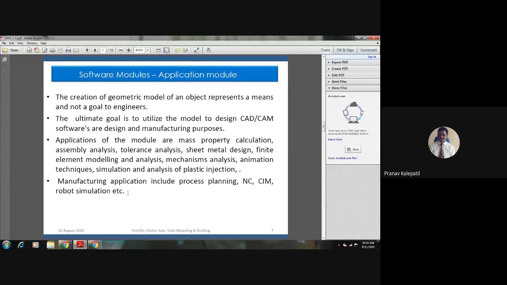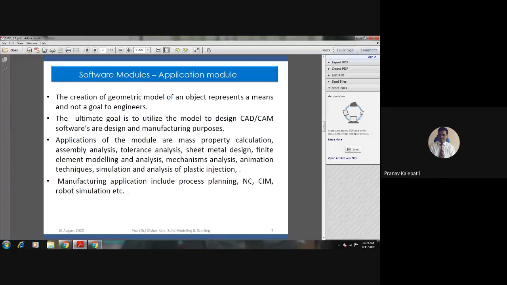Now, the second one is assembly analysis. In an assembly, how many parts are there? How is it being done? What is the tolerance? How is it actually being assembled? Which is the first part to be fixed? Which is the second part? Everything will come in the assembly analysis.